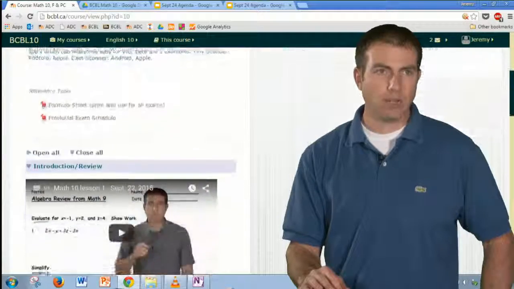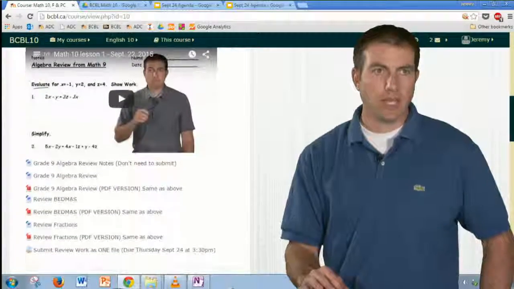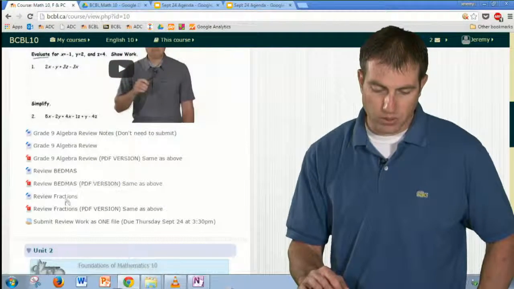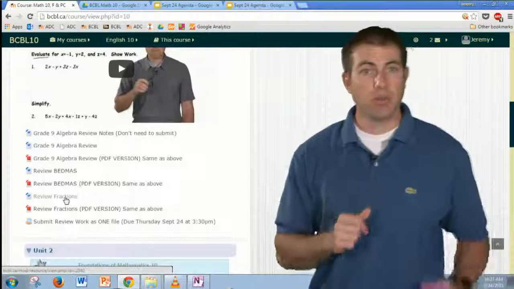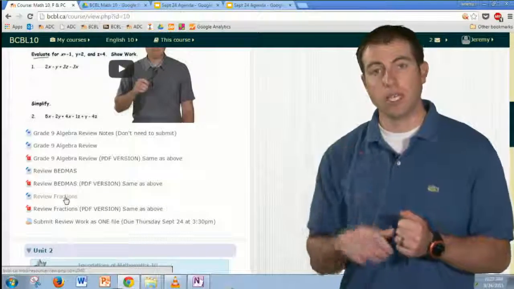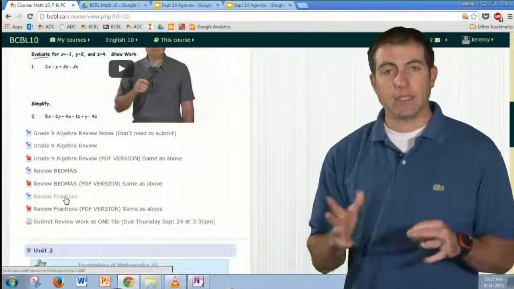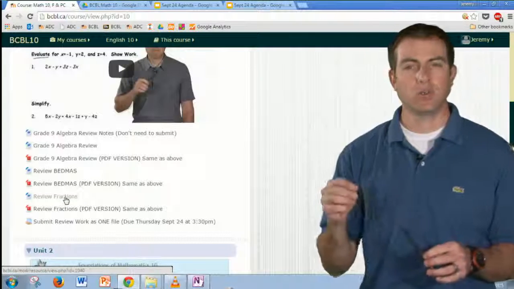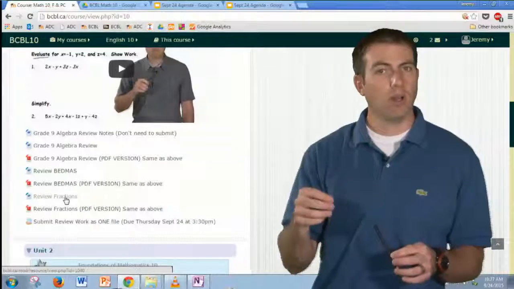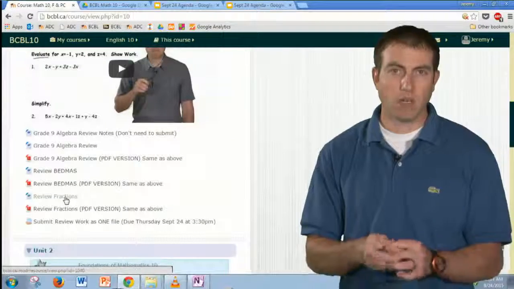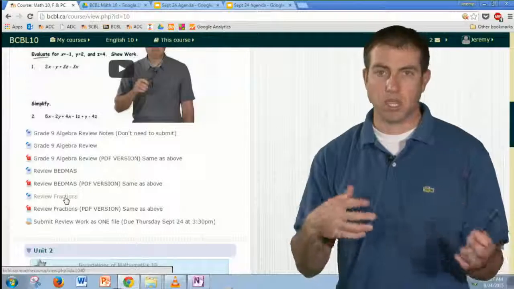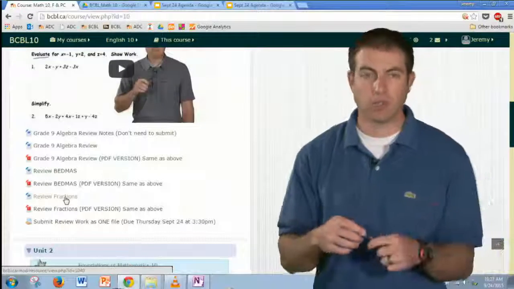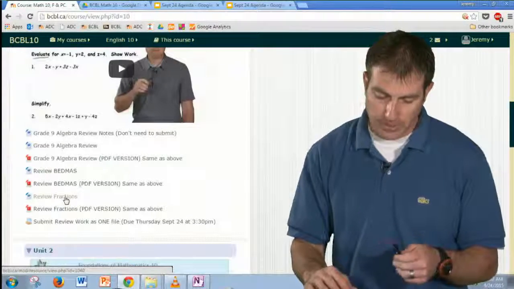When you scroll down a little bit, we have this first unit that's open. And the sheets that we did here were the algebra review, BEDMAS review, and fractions review. And a few of you were having issues with the Word documents, so I included PDFs of them as well. And if you couldn't get the Words open, hopefully the PDFs worked. And if you keep running into issues opening Word documents, let me know. I'll try to include PDFs as well, but sometimes it's a lot of work for me to duplicate all these things. So I apologize. If you're having issues with opening or closing things, just let me know and we'll see what we can do to figure it out.